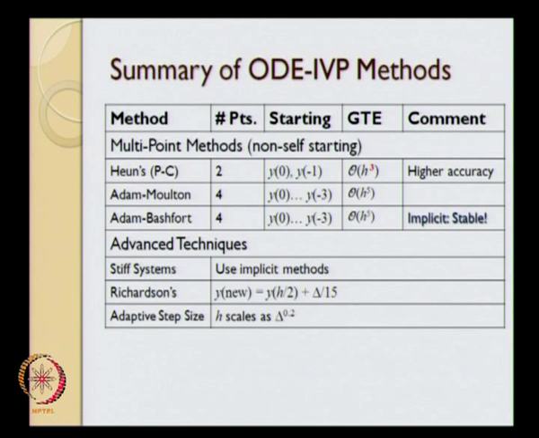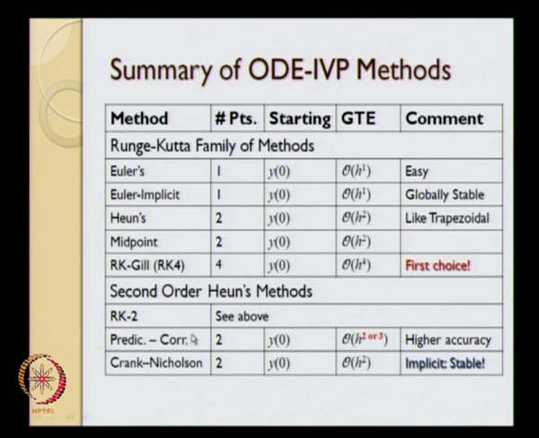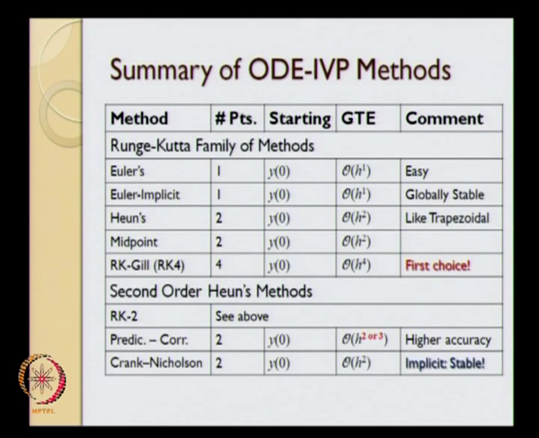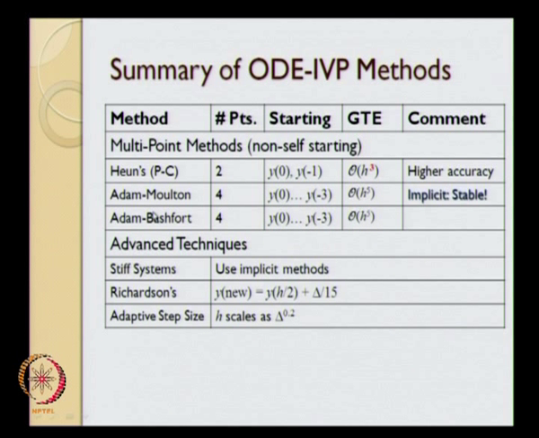How the multi-point method is different from the original predictor corrector Heun's method is that in the original predictor corrector Heun's method we use essentially Euler's method in order to compute the predictor equation. If we go back to this particular slide, at this particular point we use Euler's method to project the point in the future. So the first method is going to be h squared accurate, that is Euler's method. Instead we can replace Euler's method by a trapezoidal like method, and that will give us the multi-point predictor corrector Heun's method, okay, and that is h cubed accurate.